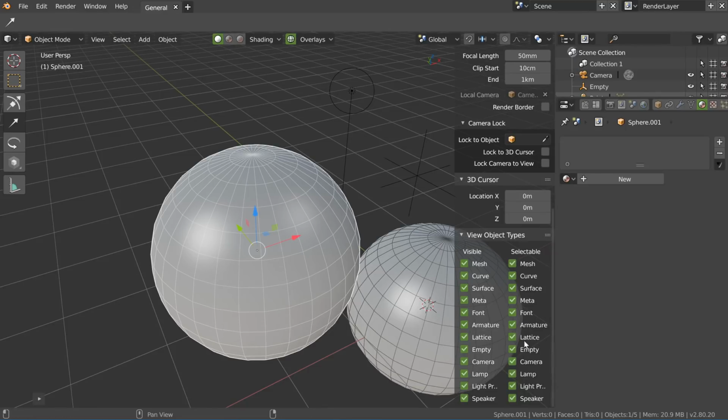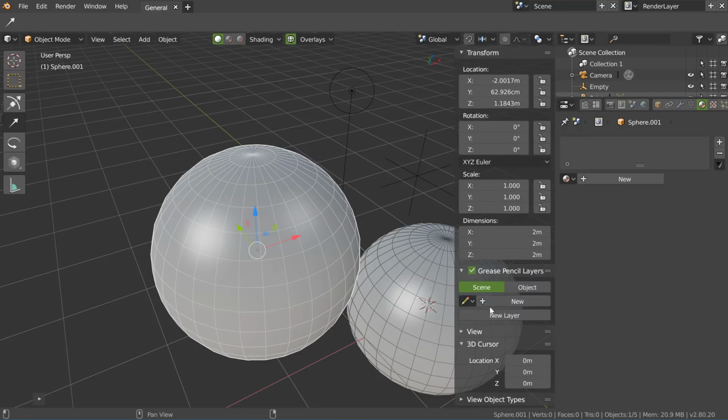So having this hidden in the end panel is, in my opinion, a bad idea, and a lot of people will not see it, especially beginners, because they will not know what it is. But if it's here, they will click, they will try. It's nice, I will use it a lot. It's not for experienced users only, in my opinion. So they should put this directly in the 3D view, and in fact this here and here. Like this we can have it directly and have access to it really fast.